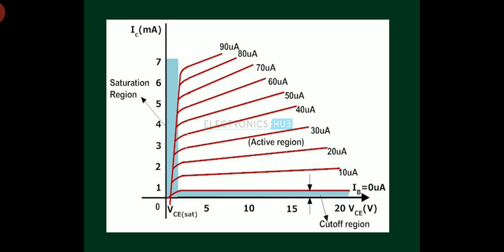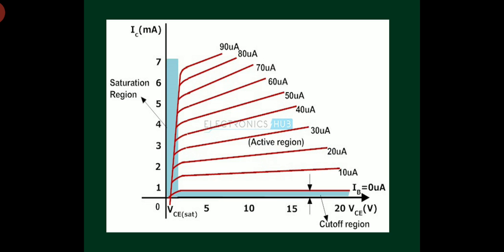After we keep input current IB constant at 20 microamp, the output voltage VCE is increased from 0 volts to different voltage levels. For each voltage level of VCE, the corresponding IC is recorded. It is repeated for higher values of IB: 30 microamp, 40 microamp, 50 microamp, and so on. As we know, the emitter base junction is already forward biased. Therefore, both the junctions are forward biased and the transistor operates in the saturation region. In this region, a small increase in output voltage VCE will rapidly increase the output current IC.